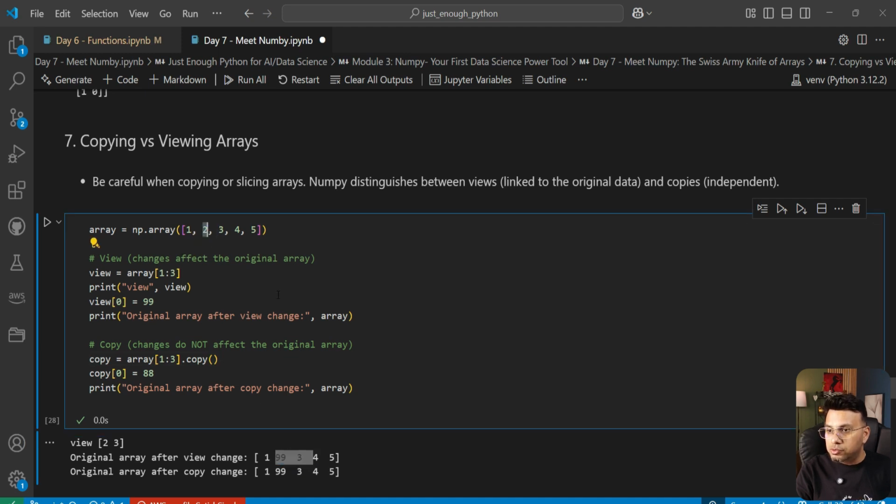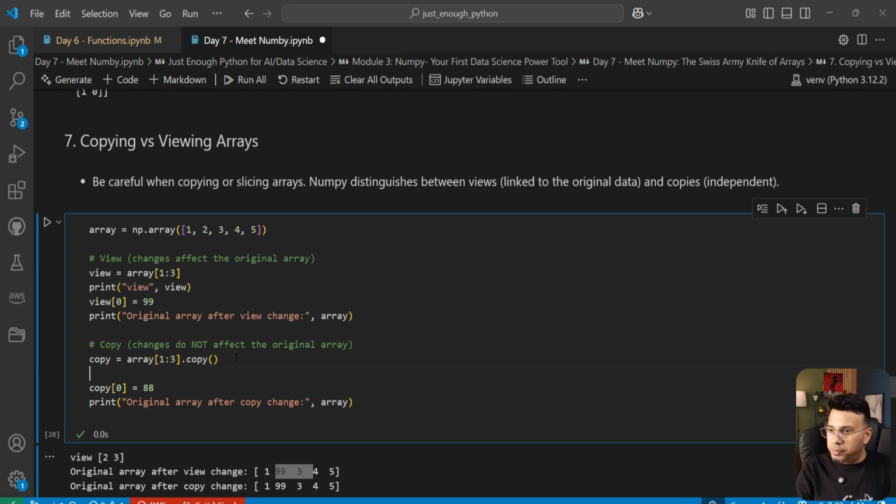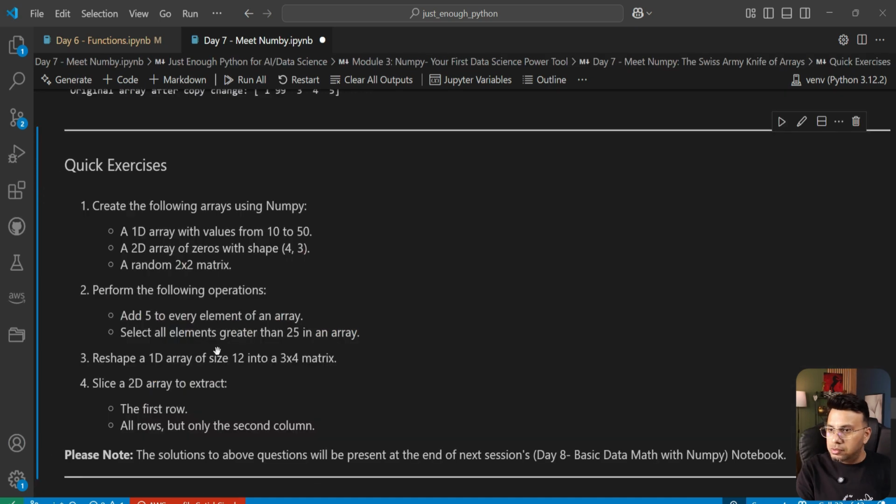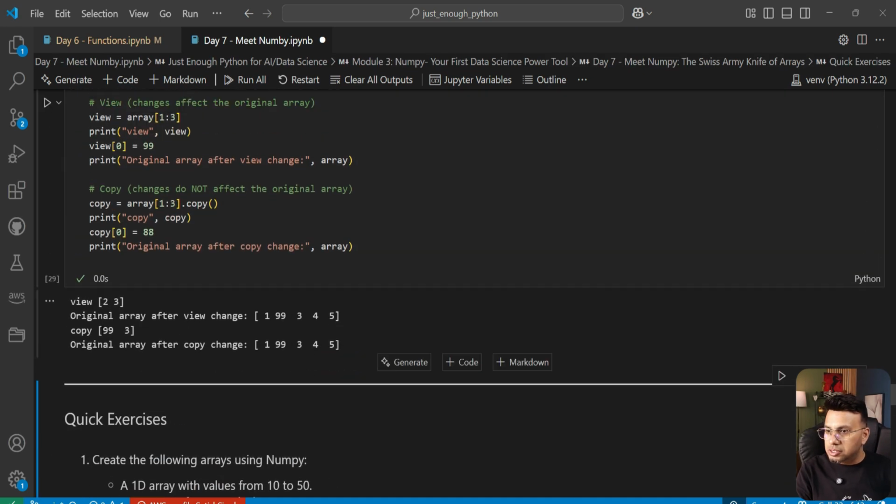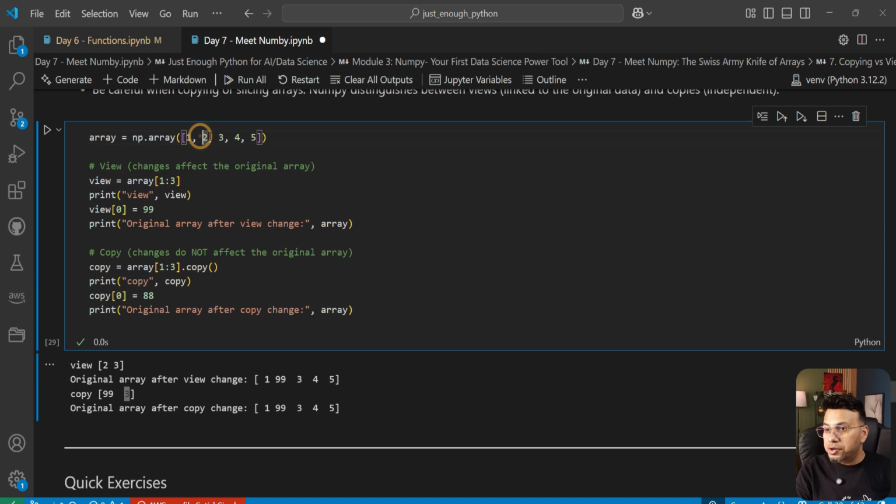So you will not have 2 and 3, you will have 99 and 3. It's better we print it so that we can see, right? Let's re-execute this code. So as you can see, our copy array has values 99 and 3, since our original